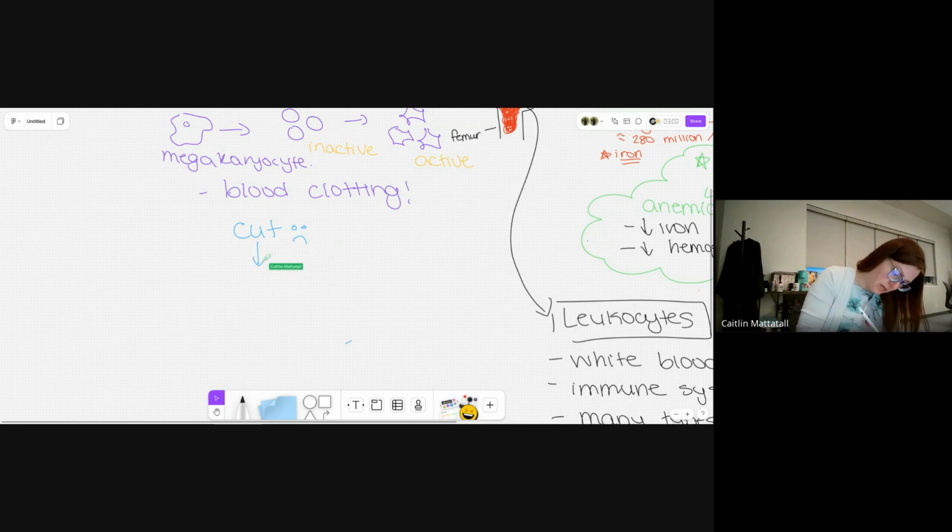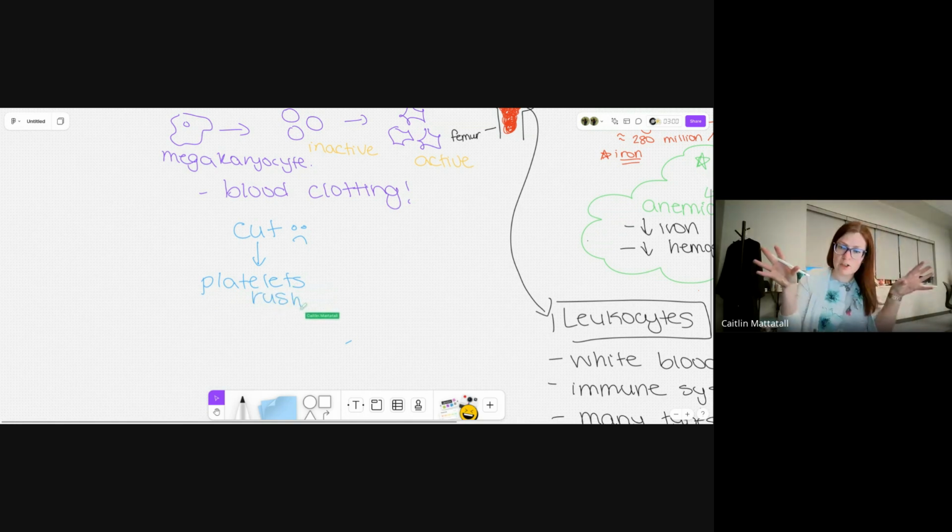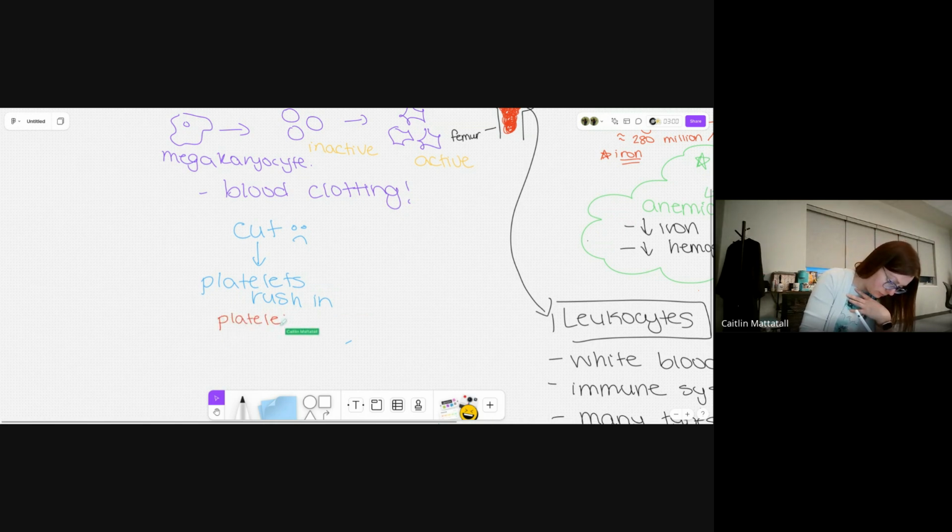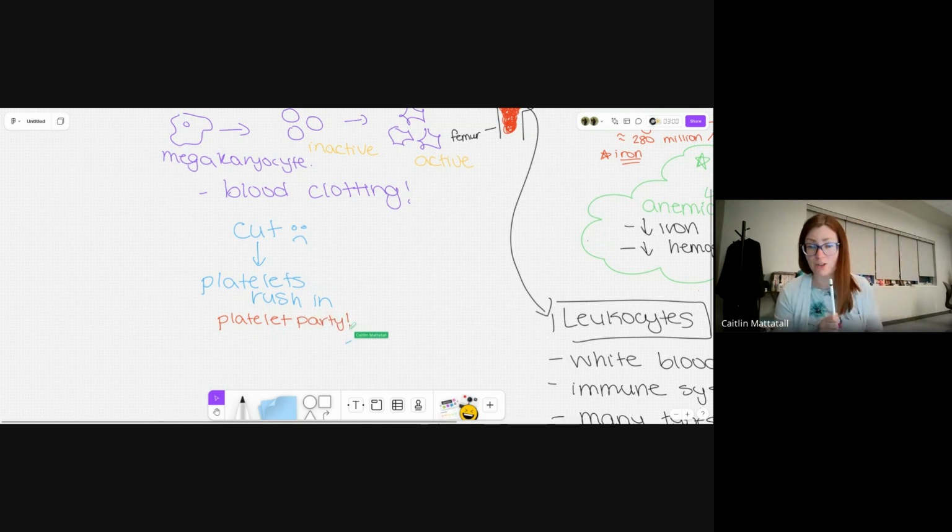The first thing that's going to happen is the platelets are going to rush in. They're active, they're spiky, they're sticking together, and they're rushing to that site to try to clog the hole so that you're not bleeding too much. This is something we are going to lovingly refer to as a platelet party. And again, the comics that I have to show you will explain this. Once the platelets rush in,